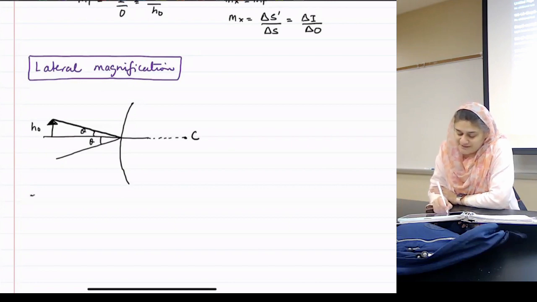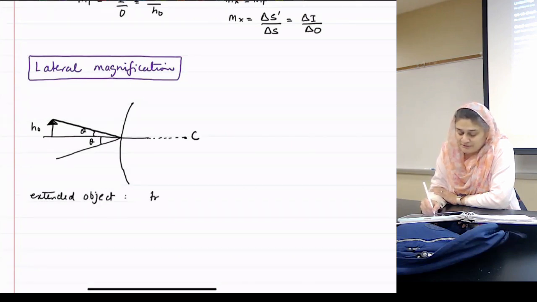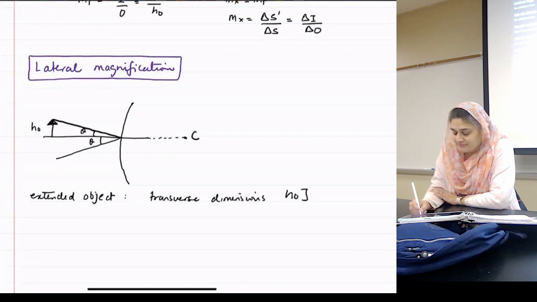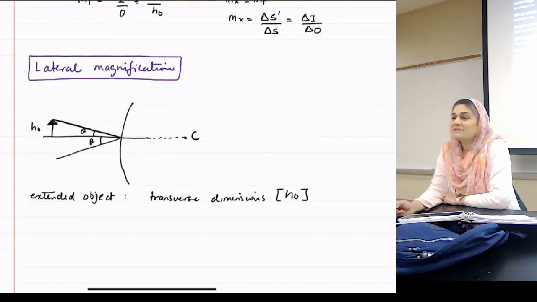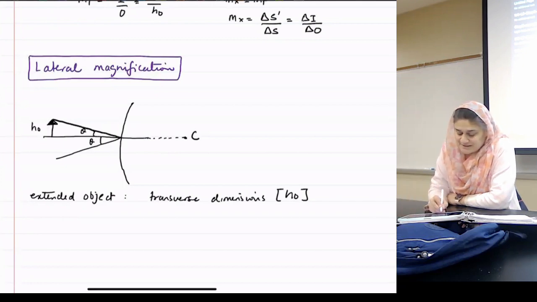So when we have an extended object, it has what we call transverse dimensions. In other words, it has a height, usually represented as H0. If I call this distance S,